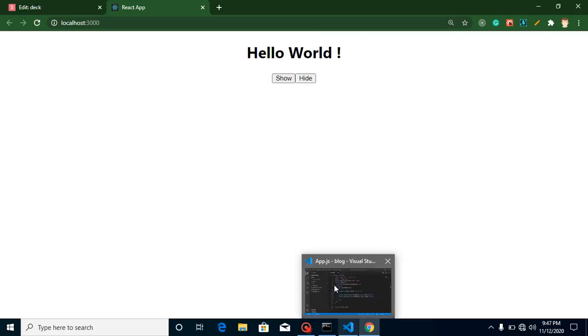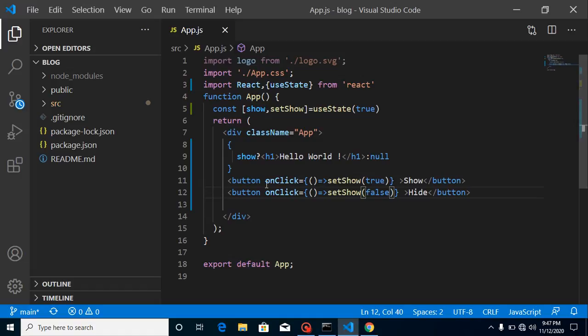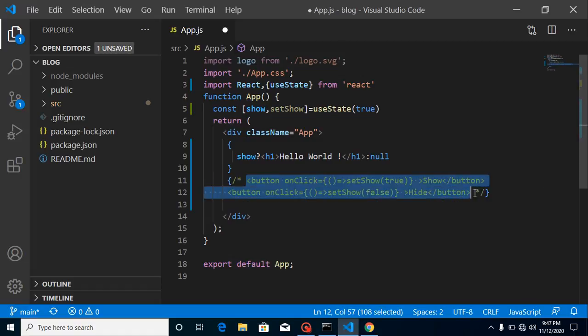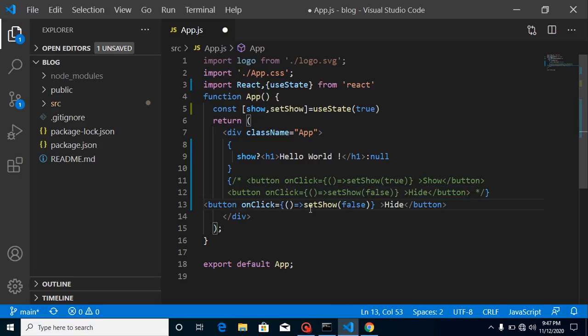So now how can we toggle these things? For that, let's hide both of the buttons, we don't need them, and you can copy this button again so that we can save some seconds of this video, right? And just write here toggle. Toggle simply means whenever we click the first time, the item will be hidden, and on the second click this h1 tag will be shown.